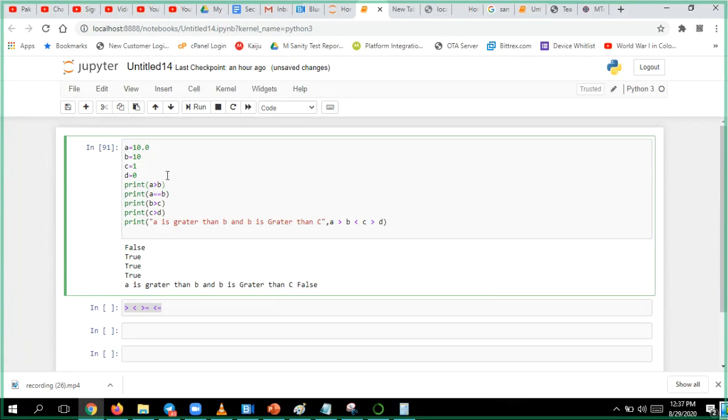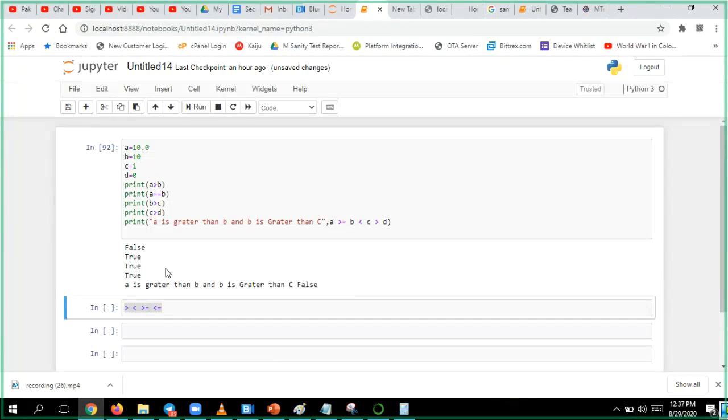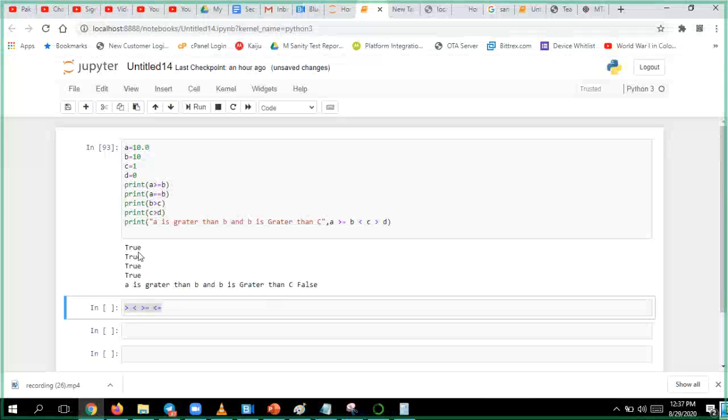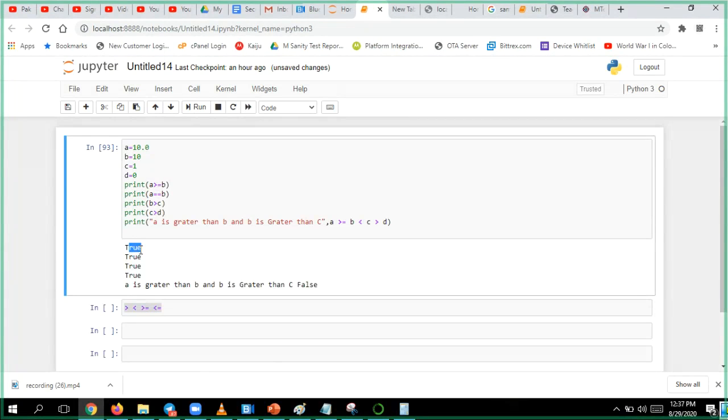Now if I put here greater than or equal to, I'll just change it to a greater than or equal to. See what happens to the condition now. The first condition, with equal to, is true, right? The second condition, a greater than b, is true.